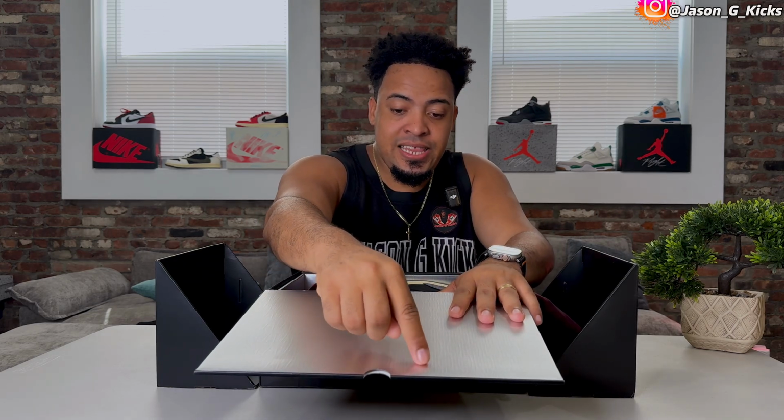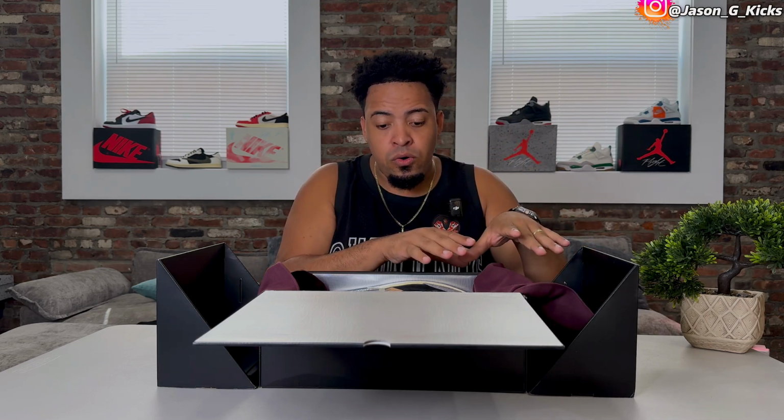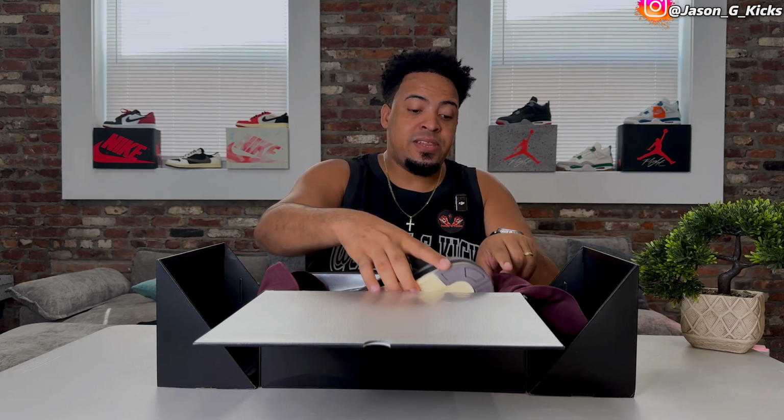Then when we open that, we have this burgundy towel right here. Something that I don't recommend you keep in the box, because I've seen people complaining about things like these. Right here we have these burgundy lines. That's because of the bleeding of this thing right here. I'm gonna take this out of the box as soon as I finish this video. I'll put it right back just to show you everything, the packaging and everything of the shoe. But outside of it, forget about this. I know it looks cool, but you don't want that in your box, because this thing right here